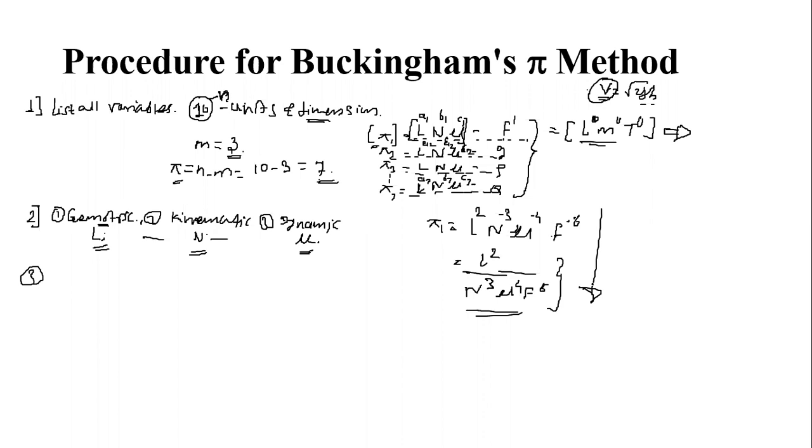After getting all those pi terms, we have to write the functional relationship as a function of pi1, pi2 up to pi7. Means we have to combine all those parameters, all those pi terms, and in that we used to get the last combination, that is the combination of all the variables that are involved in a particular equation or particular phenomenon. This is about the procedure of the Buckingham pi theorem. In the next lecture, we will go for the application with one of the examples, so that you will get a clear idea of how to apply the Buckingham pi theorem and how to establish the functional relationship. Okay, thank you.